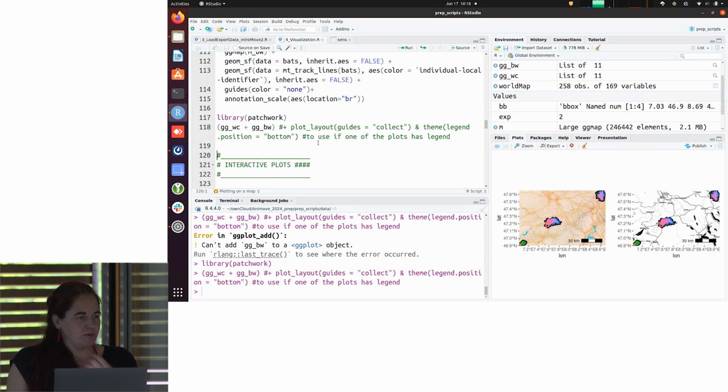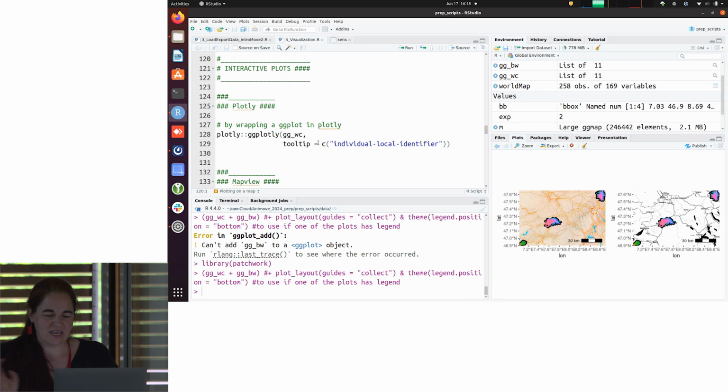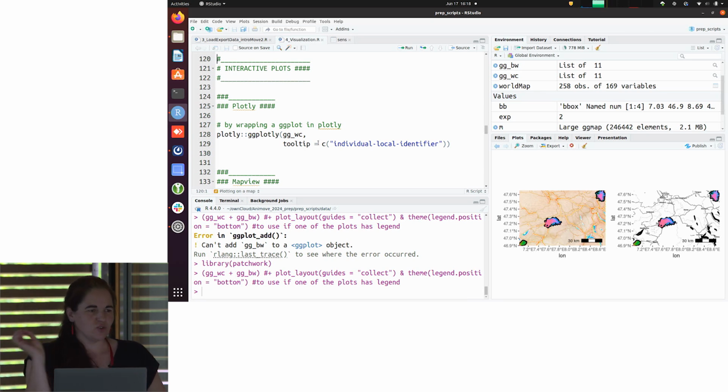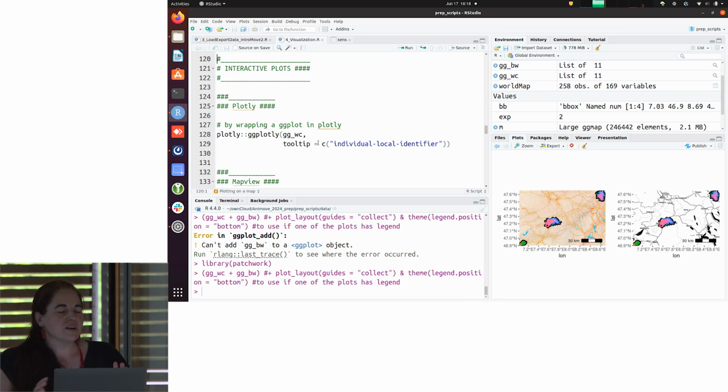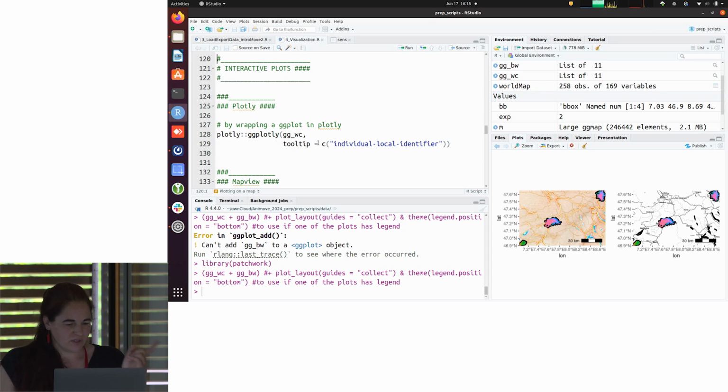Now, interactive plots. That's also something when you work with R, you sometimes miss the interactive part. So you think, no, I'm going to take my data and put it in QGIS because there I can zoom in and zoom out and do all these things. So there are some tools that now allow this to be done in R. One really nice package is the Plotly package, because you can just take your ggplot and make it interactive. So we take our ggplot that we did before,